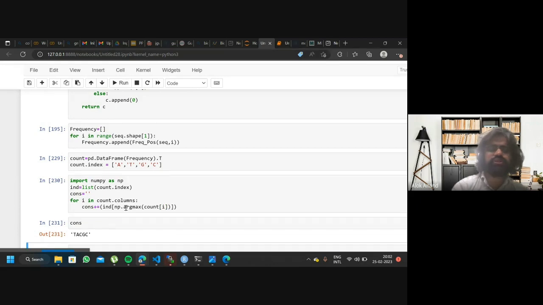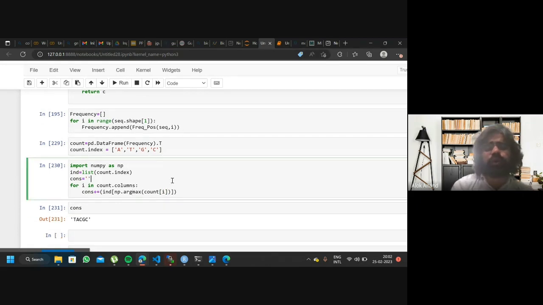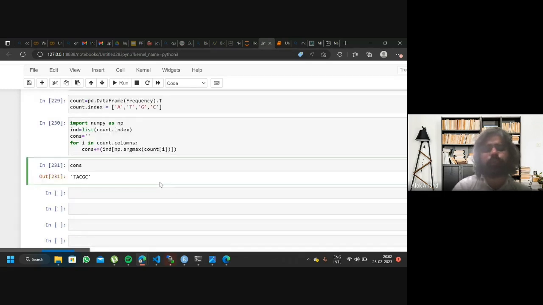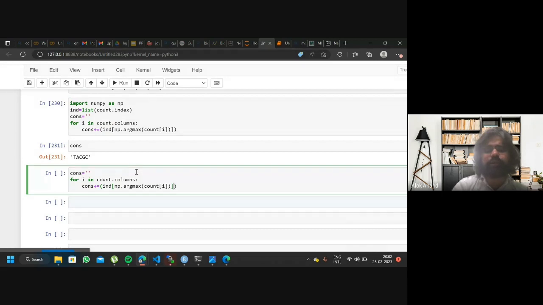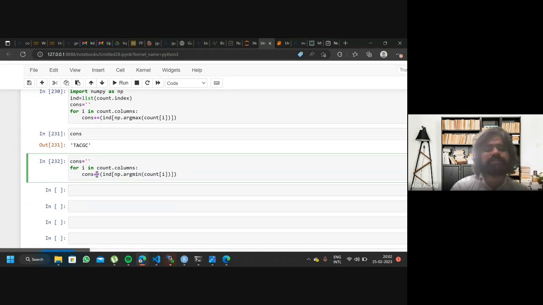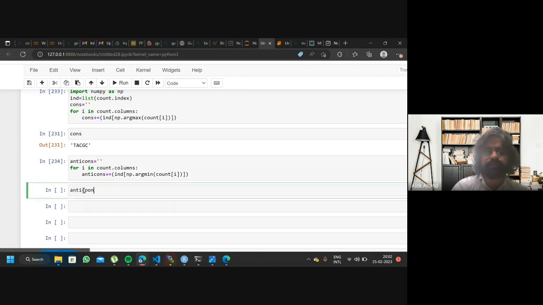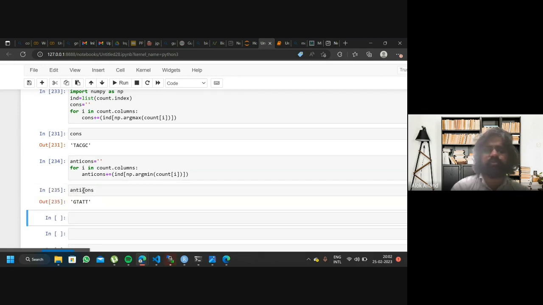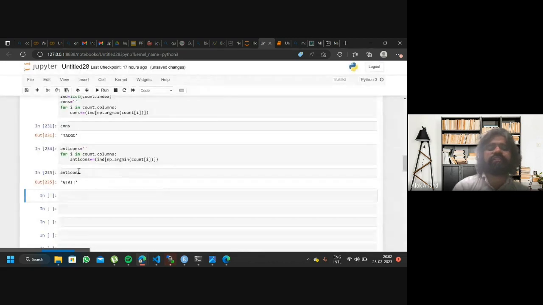So yeah, this is how it is found. Similarly, if you want to find out the anti-consensus sequence, anti-consensus will be your minimum. It will be your arg minimum. Basically, एक particular position पे कौन सा base minimum present है. Okay, एक scan मैंने by mistake change नहीं किया, consensus anti. Now see, so GTATT is basically the